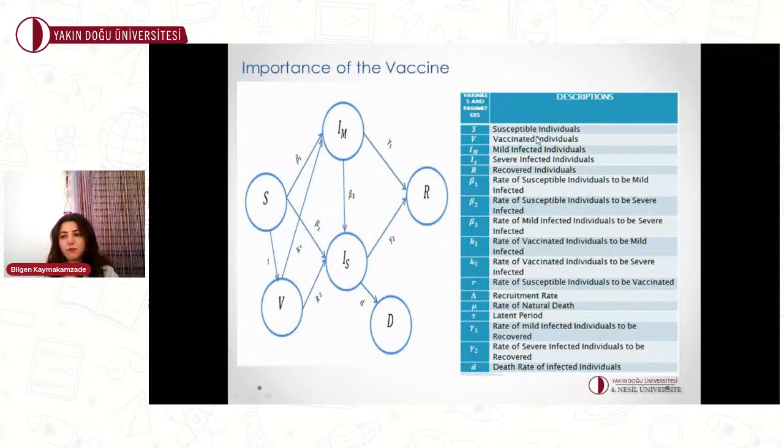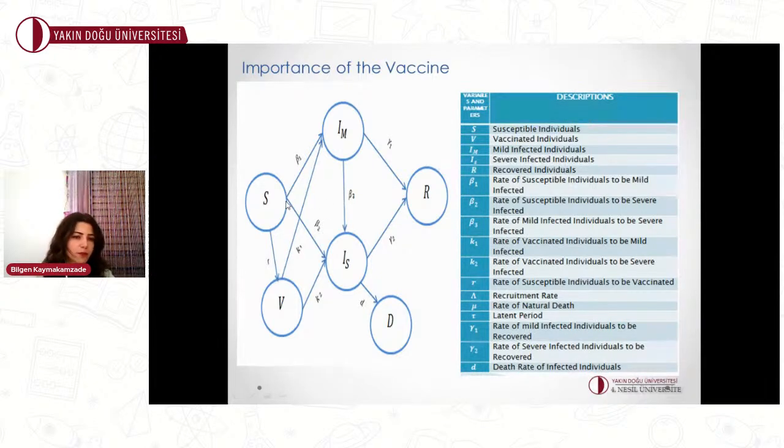After giving this information, I want to talk about COVID-19, which is the most important virus in our life nowadays. As we know, we have a vaccine these days, and we are talking about how we have to take vaccination, and we need the vaccine to fight this disease. We want to see this structure, so we construct our compartmental model.